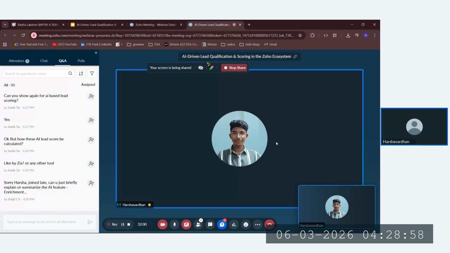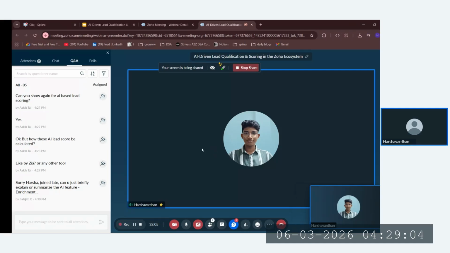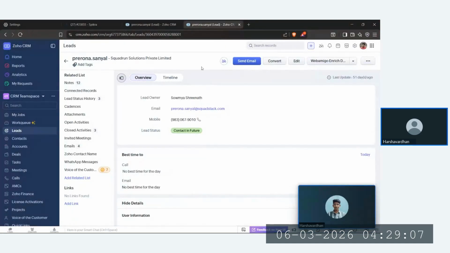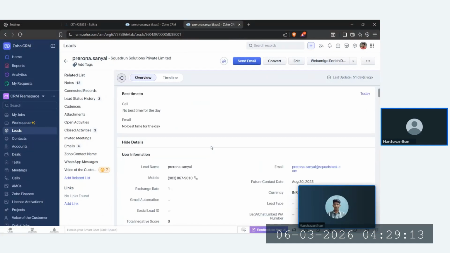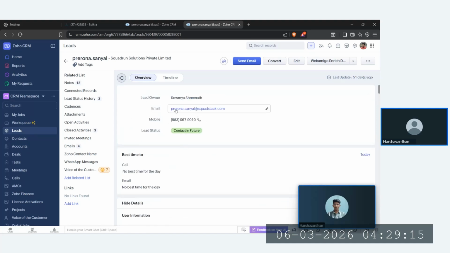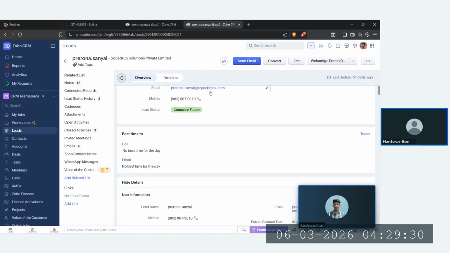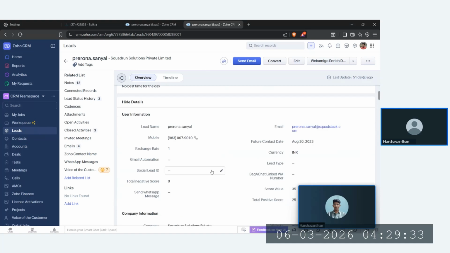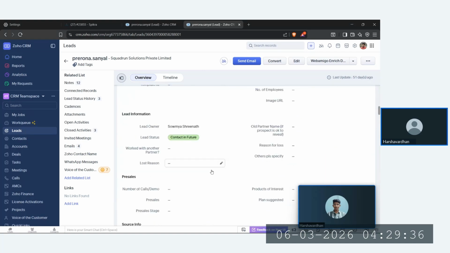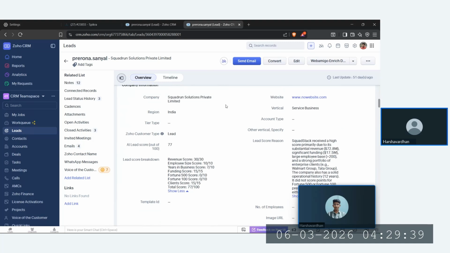So basically, whenever a new lead is added, let me show it here. Let's say this lead is created with the email. From the workflow rules which we have created, that will trigger the API of our external project URL, which will fetch the details using the ID of the specific record, which will fetch the email, and from the email we get the company's name, and the other details present in the record will be fetched, and according to that